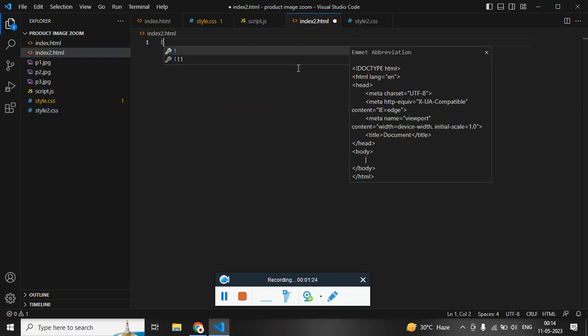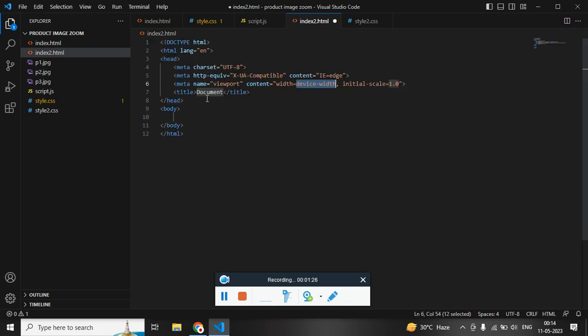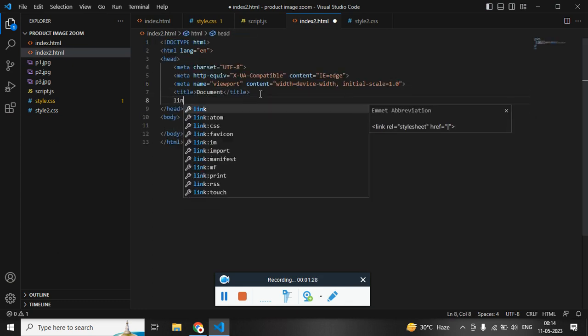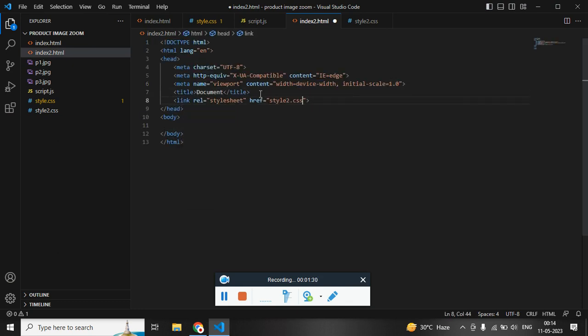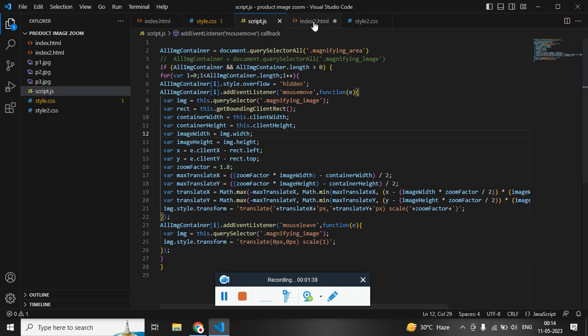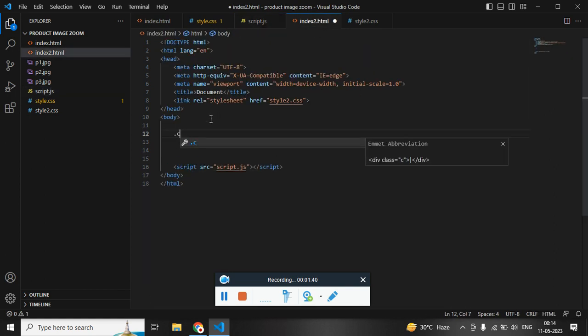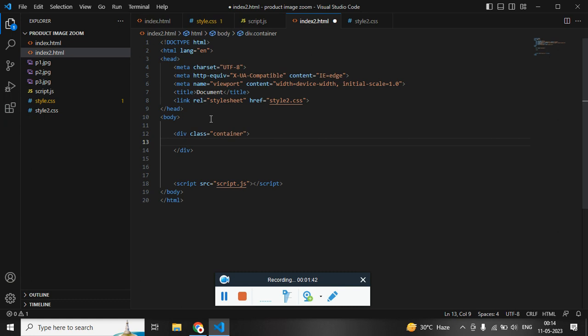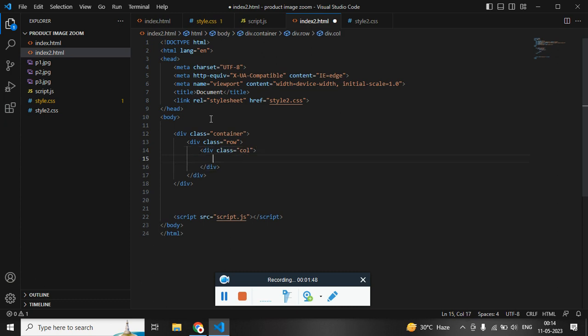So in HTML, use exclamation mark and tab to get the boilerplate code. Link the style sheet which is style2.css, and then link the script which is already there. Now create a container, and inside the container we need a row, and this row will have three columns. The first column will have a class called holder,